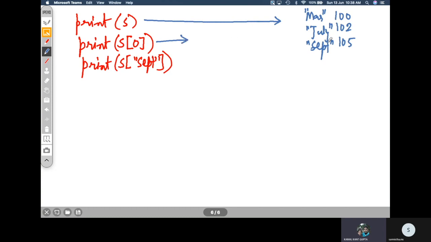What will s at 0 give? Error maybe, because 0 was not a labeled index. We had changed the index into March, July and September. Okay, let us see that. And according to you, s at September will give 105. Yeah, 105.